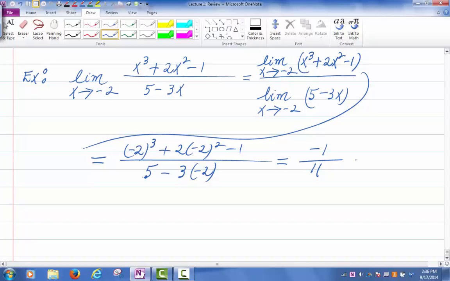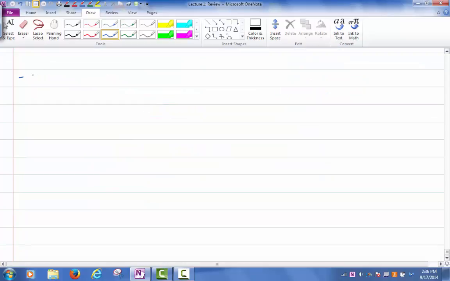So if you think about it again, what's the net work I did? If you look at my fraction here and the fraction here, all we did is replace x by negative 2 again. So what can we say then? Well, if I have a rational function, if the denominator doesn't vanish at the limiting point, then the limit of the rational function can be found by just replacing x by the limiting point. So now we could say this is for any rational function where the denominator doesn't vanish at the limiting point. So this is if